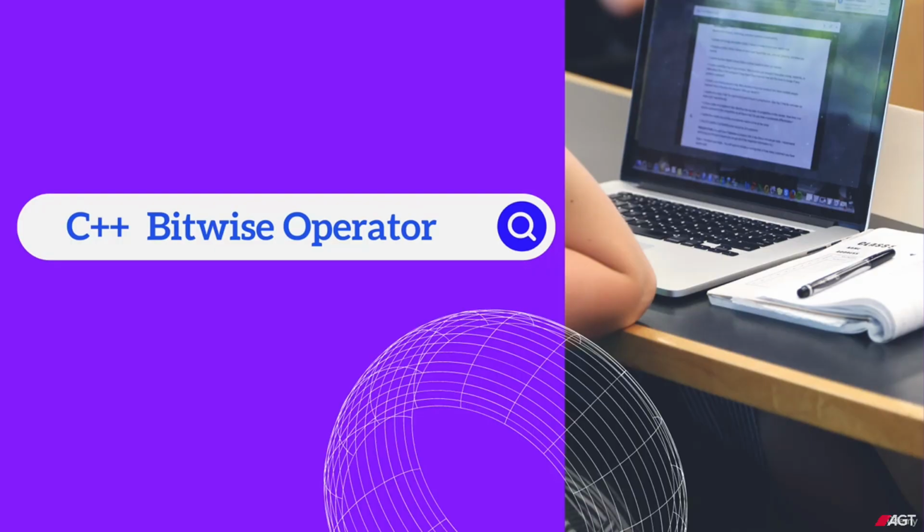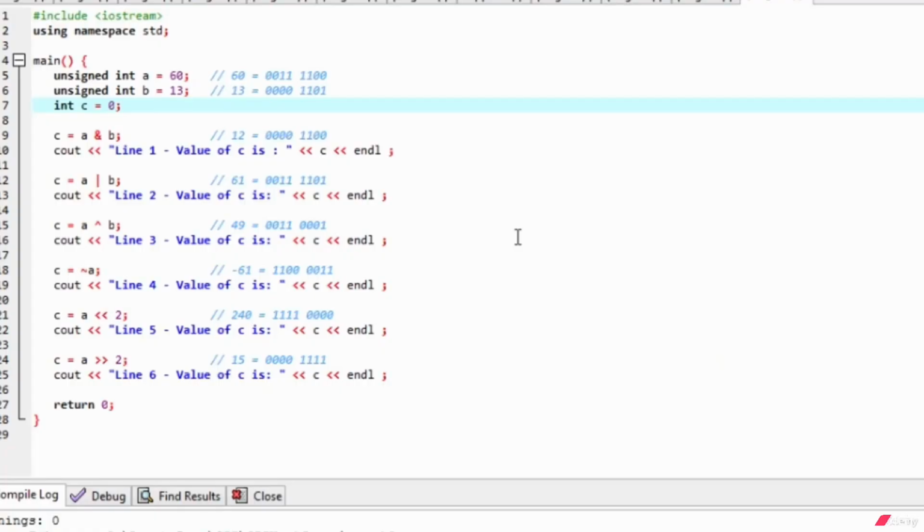C++ bitwise operators. Let us explain this program, and also show you how the bitwise operation can be done in C++. So here the value of a is equal to 60, in binary it has been expressed in this way. Value of b is equal to 13, so in binary it has been expressed in this way, and c is equal to 0. Okay, now a and b, so that means I shall be doing the bitwise ANDing. We know that 1 and 1 is 1, and 1 and 0, or 0 and 1, or 0 and 0